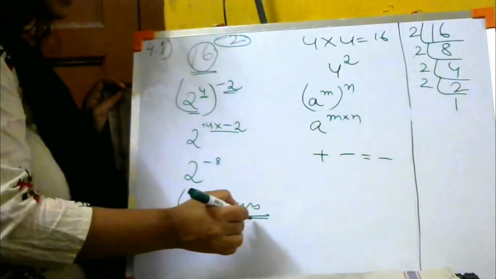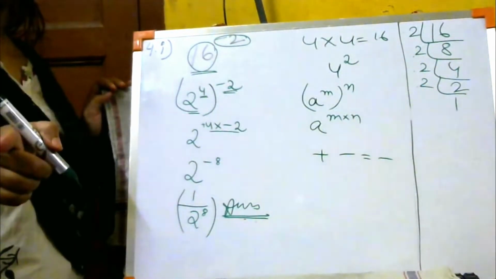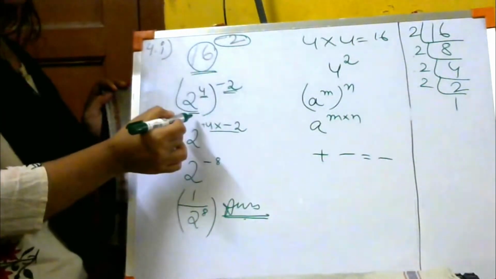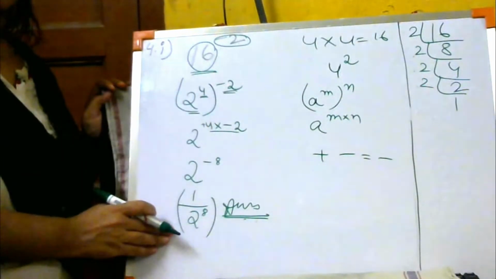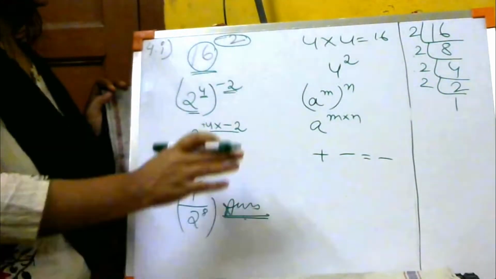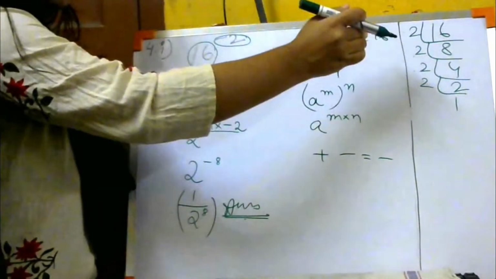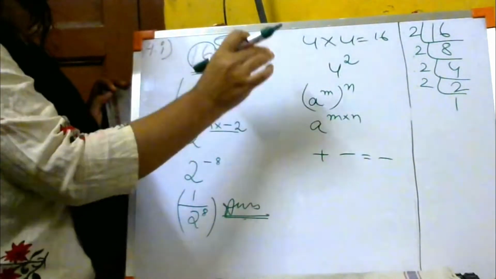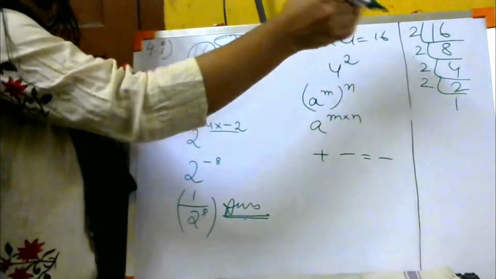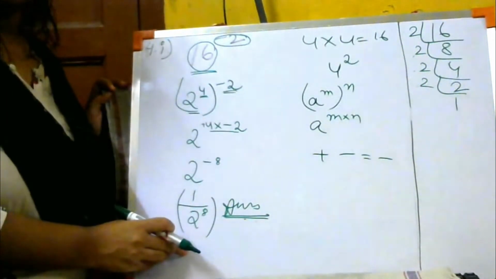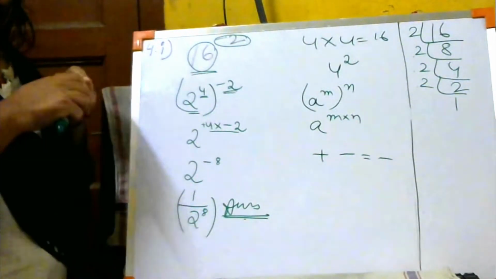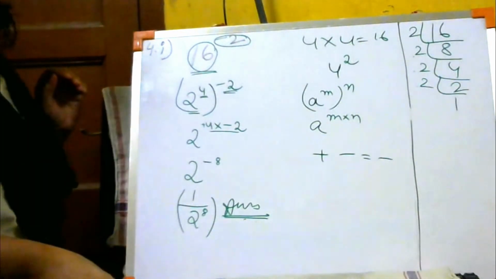No need to solve it again because in the question they did not tell you to solve. They did not tell you to find the answer. They just told you to transform 16 into the form of 2. Okay? I had done it in the form of 2. Finally, I have kept my answer in the form of 2 only, and there is no need to solve it further. If they had told you to find the solution and solve it, that would be written after the full stop of the question in the book, and then you would have to solve this part. If it is not written, then this is the answer. Did you understand this question? I hope you understood, and if there is any kind of doubt, you are going to ask your doubt.